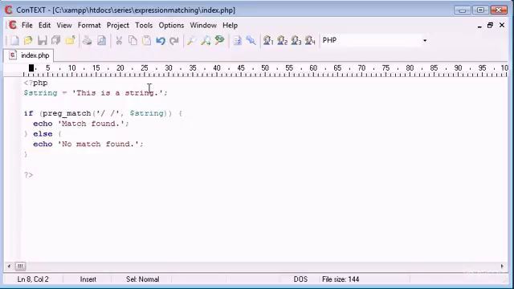And this is, we're basically using pattern matching to ensure that it adheres to a certain standard. So we can use preg_match for this. preg_match is a very, very powerful function. And like I said, I'm not going to go through how we check for patterns. If you go over to the PHP.net manual, you'll find plenty of information on how to match specific things, whether